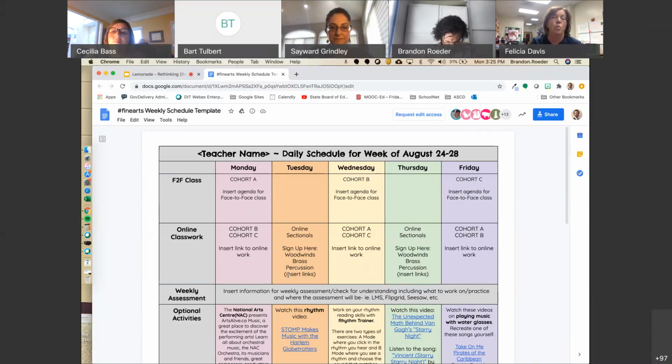And it would remind them, if they understand which cohort they are in, then they could follow when they're online synchronously with their teacher, when they would be doing asynchronous work, and then the other activities that the teacher expects them to do. So I'm also a visual person. So sometimes I think color coding and putting things in blocks and squares and using different fonts makes things a little more visual for students.